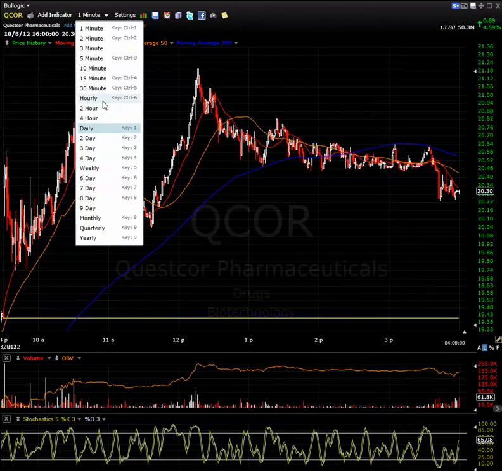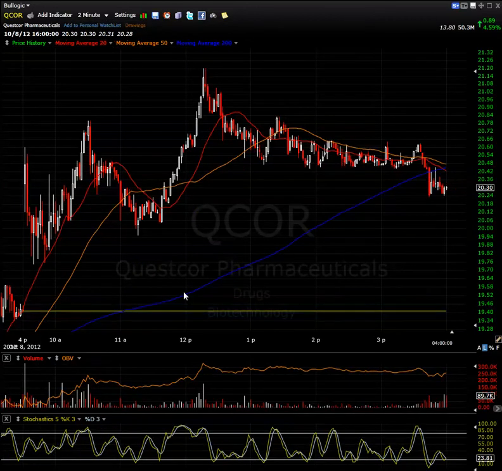I like to use the 2-minute chart in the mornings just because it gives me a little bit more candles over a 5-minute chart. In the afternoons, we can actually change it to a 5-minute chart and start seeing patterns set up like that. I'm not a big user of the 1-minute chart just because it is very noisy. I think at least the 2 minutes eliminates some of that noise and makes it easier to see